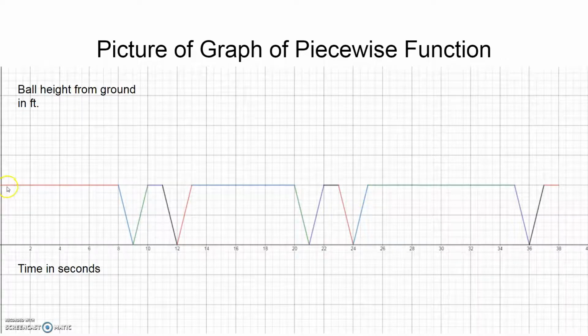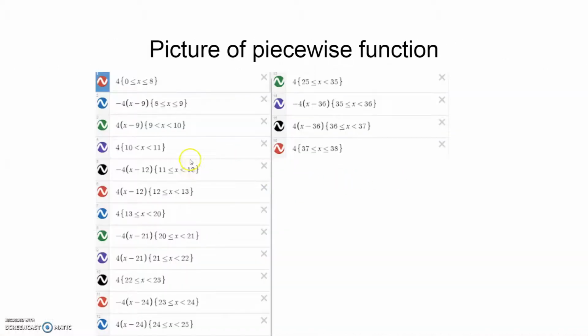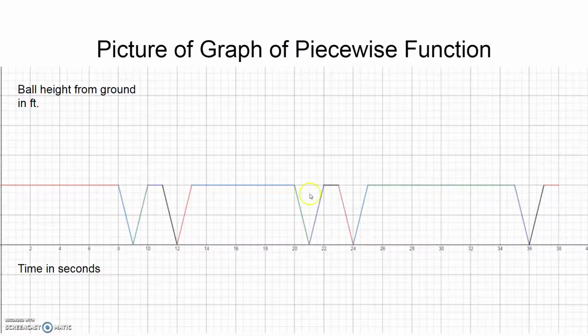So when the ball was in my hands, or when I was first passing it, it was at a constant height of 4 feet. Then when that was done, since the